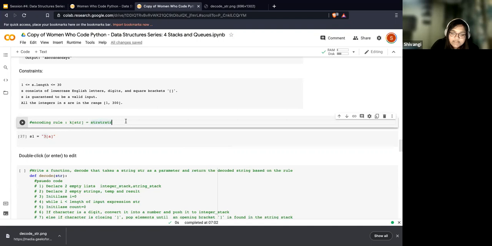Okay. So this is what the encoding rule essentially means. So this will repeat till you have K. So it's going to repeat K times. Okay.